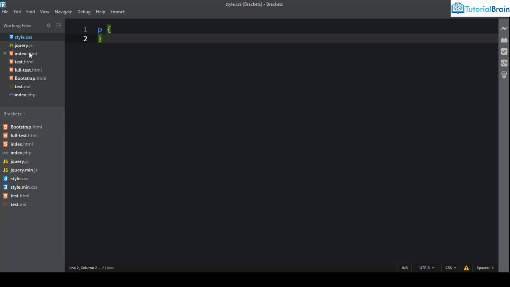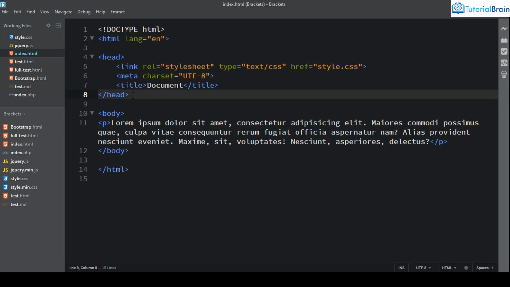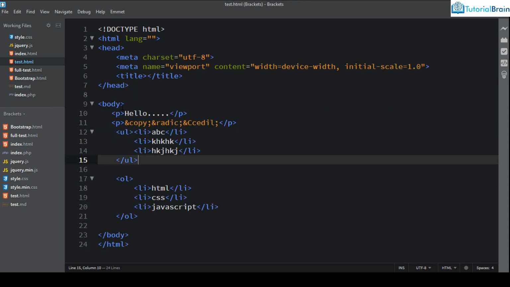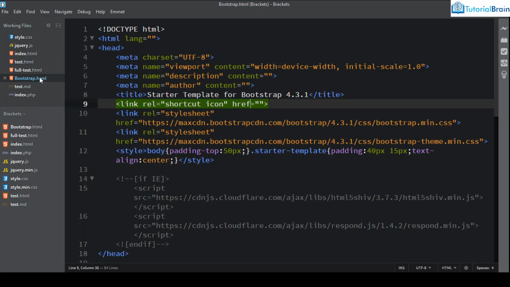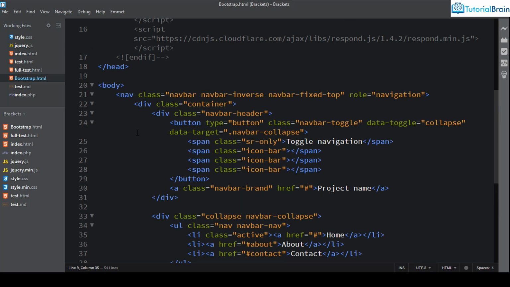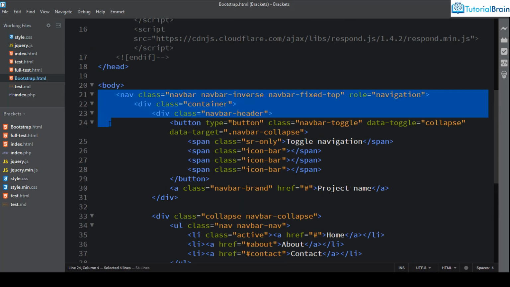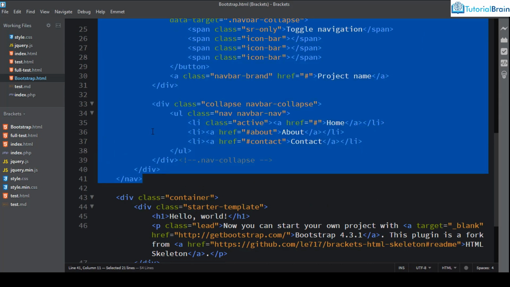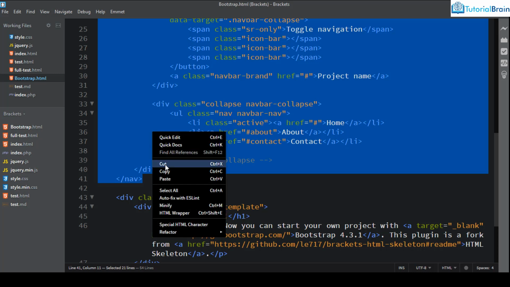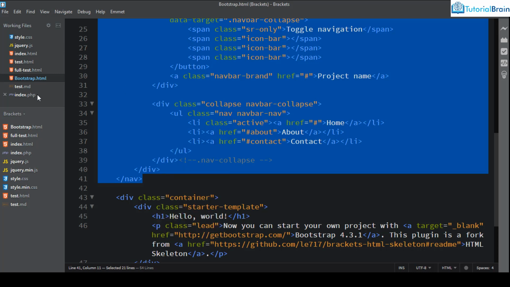Okay, so if I go to index.html, say I have something like, or I think this file is not very big, let me take a file which is a little bigger. For example, let me go to bootstrap.html. It is a little big, and what I'll do is I'll select this nav bar. So if I give Control C, let me copy it, and say